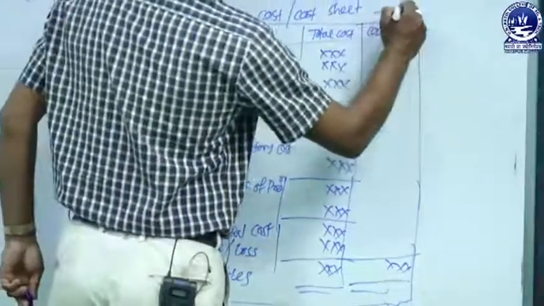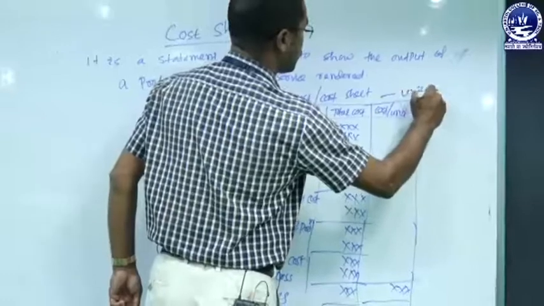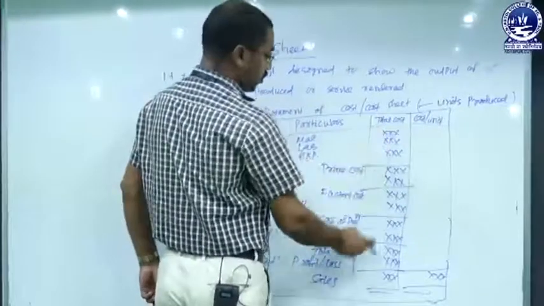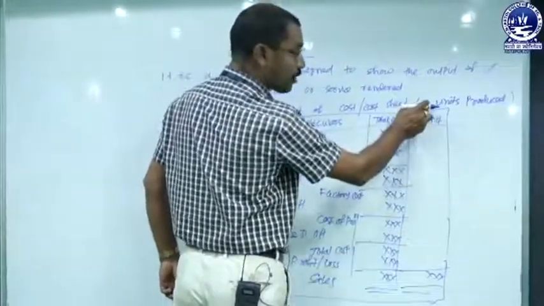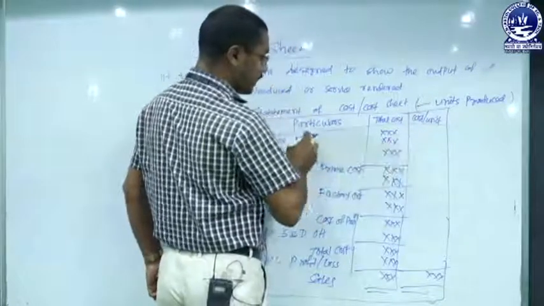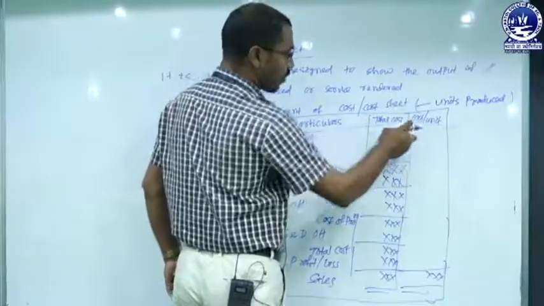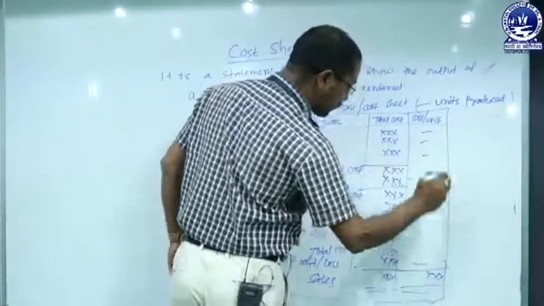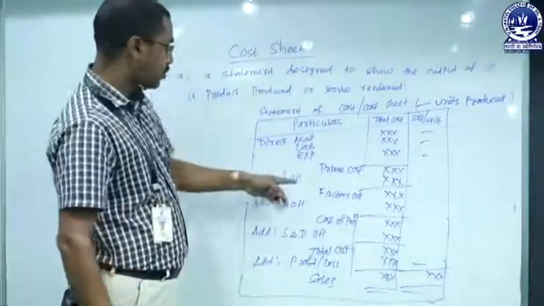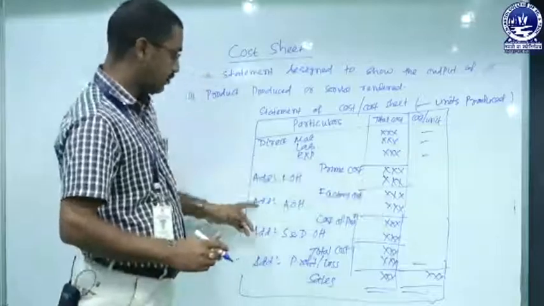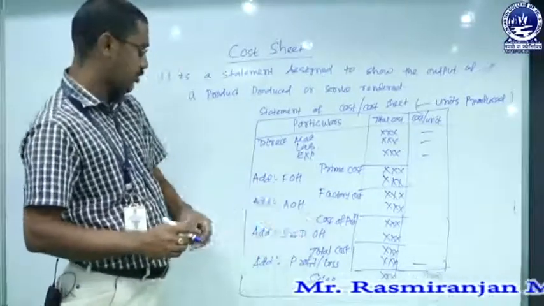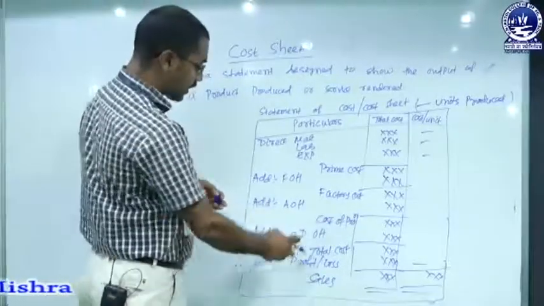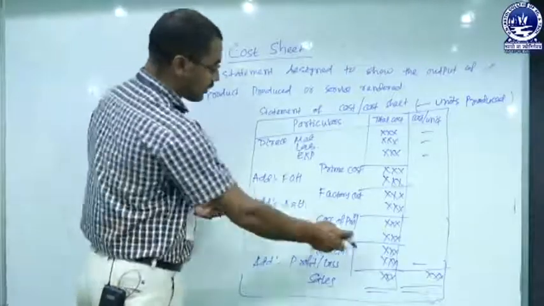If the number of units produced is given, then we can write this number of units produced on the right side of the statement. So the total cost divided by the total number of units is the cost per unit. We can divide the amount of each expense by the number of units. In each case we can find out the cost per unit, or in total we can also find out the cost per unit. So prime cost with factory overhead represents factory cost, plus administrative overhead represents cost of production, with selling and distribution overhead represents total cost, and to total cost, if there is a case of profit, we add it, and that represents sales.